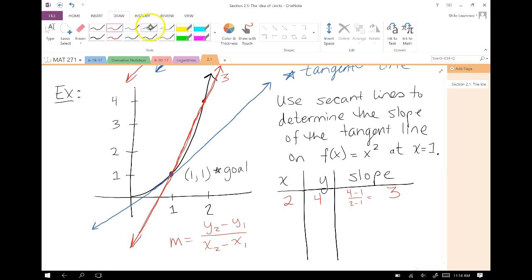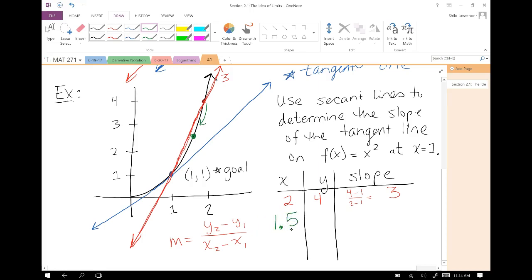So what we want to do is pick a point that's a little bit closer to our goal point. So I'm going to move closer. The point 2, 4 was a little bit too far away. So I'm going to move closer to 1, 1. I'm going to go to 1.5